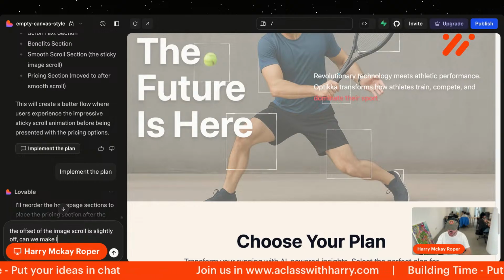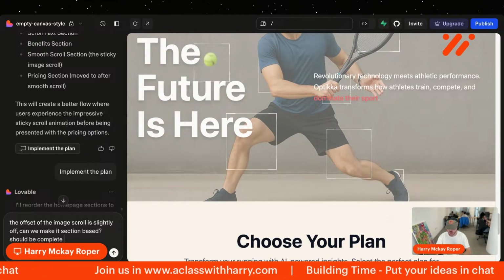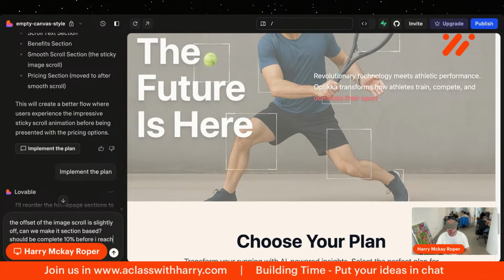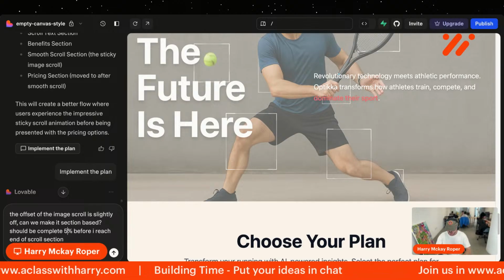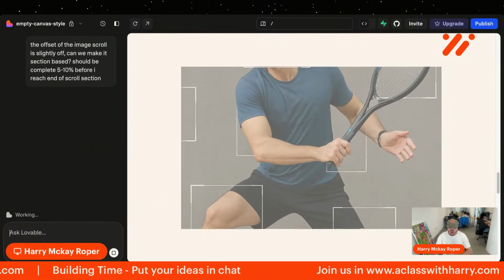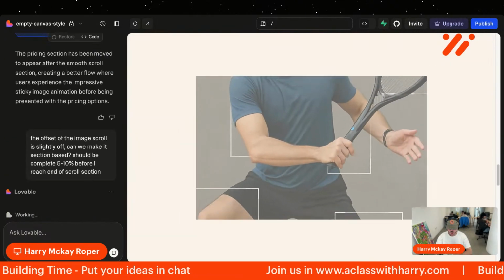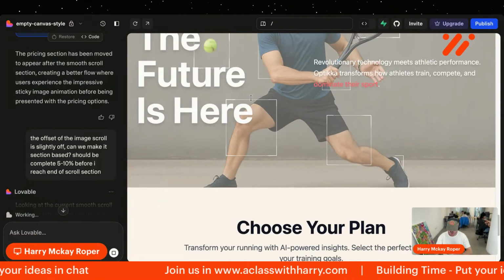Can we make it section based? Should be complete 10% before I reach end of scroll section. I just want to make sure that we don't miss this content when we scroll past it. You see how it finishes just after we leave the section. So I want to make sure that it finishes just before we leave the section so the user has time to read